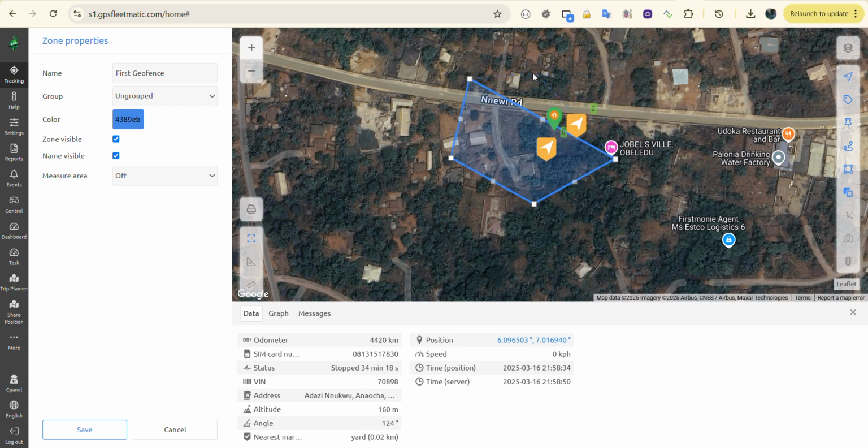If I don't close it, it will keep dragging, and if I try to save now, it might show me an error: draw zone on map before saving, because I've not closed my drawing. So on this last point, I will have to double click to release my drawing and stop drawing. I've double clicked and now I am free to save. So when I save,